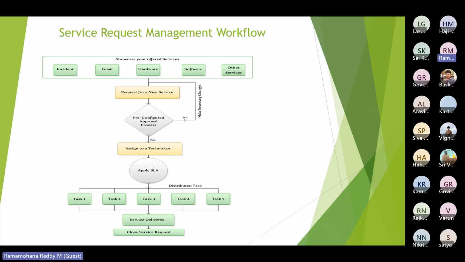Team, any doubts on service request management workflows? Silence. Good to go to our next